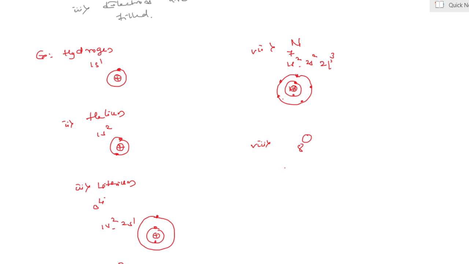Oxygen 8, 1s2, 2s2, 2p4. Yes, K cell and L cell. In the K cell 2 electrons and the L cell 6: 1, 2, 3, 4, 5 and 6. Yes, my dear students,